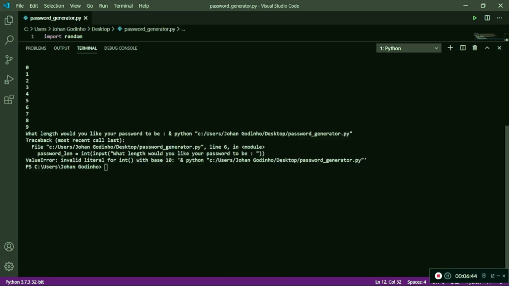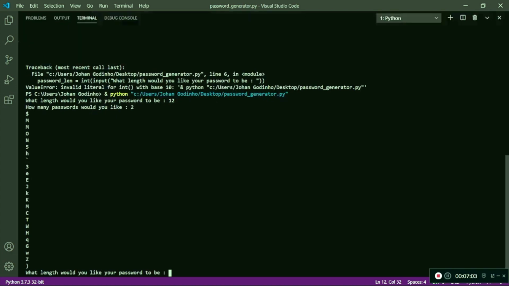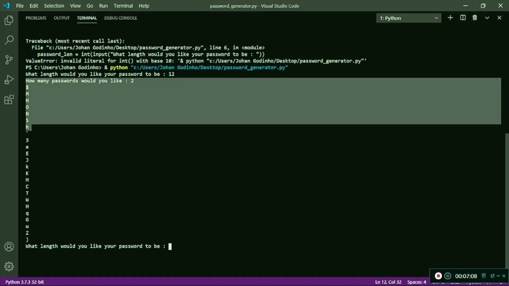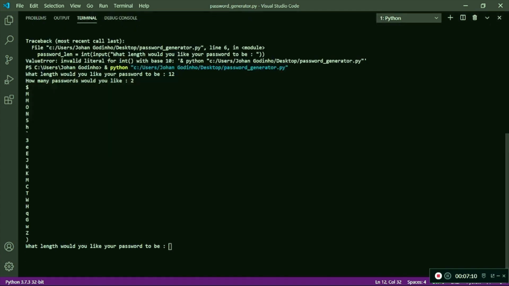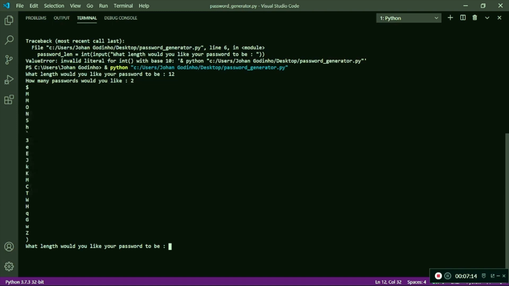Let's see. Invalid loop. It's this one. Okay, so I probably typed in something wrong. So I'm going to type in 12, and I would like 2 passwords. And as I said before, guys, here is the list of our strings. It selects a random character from our characters string and then prints it out each time